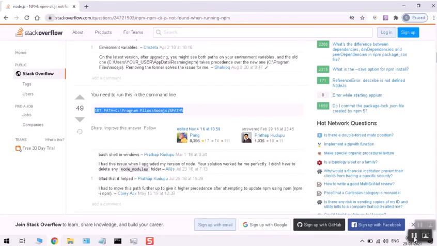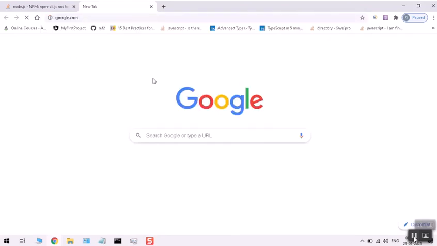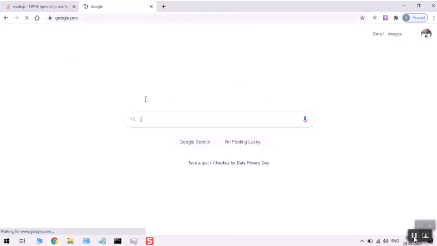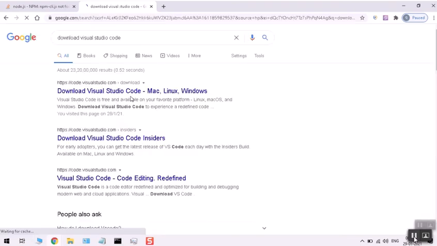Then next, we need to download VS Code for our IDE. You need to type "download Visual Studio Code". The first link you need to select.